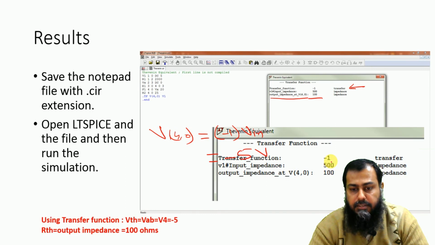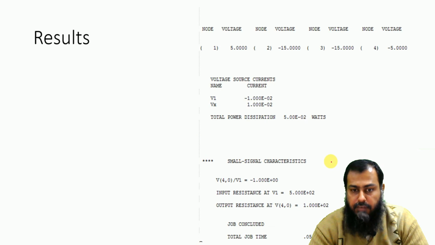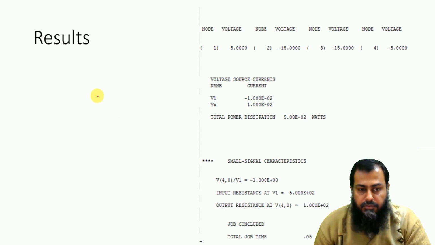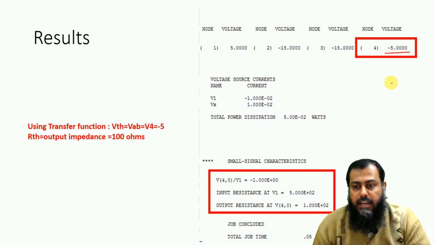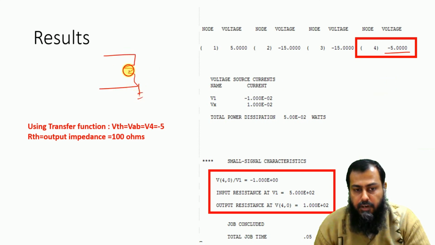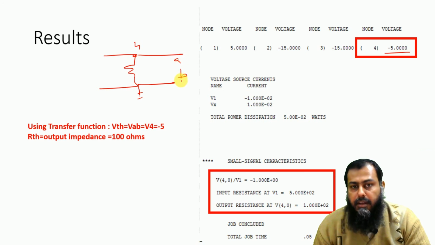PSpice provides us some additional information which are shown here. So for instance, if you see here, the PSpice tells you that the voltage at node A is minus 5 volt, right? So it is evident from that particular circuit that this was the resistance here, because this point was grounded. The above one was node number 4. So this is actually node number A and B, and the VThevenin is this VAB. Since B is ground, so it is the voltage at this node 4. So it is directly telling us what is the voltage at node 4, that is equal to minus 5.